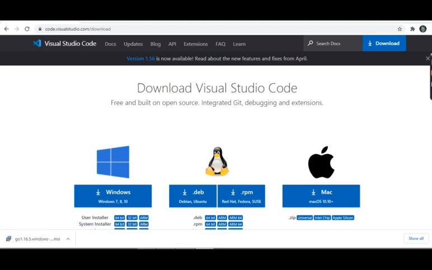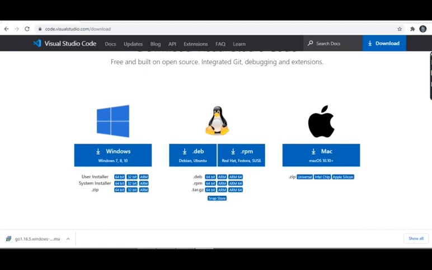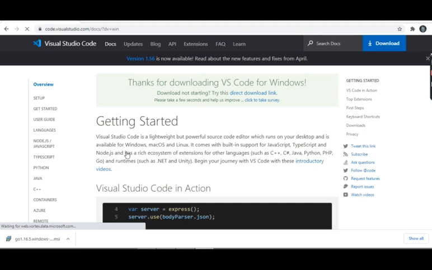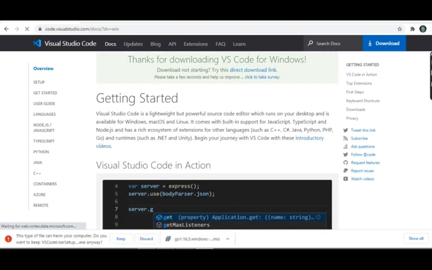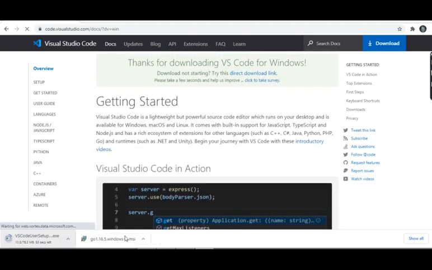If you're using a Mac or Apple device, you need to click this. If you're using Windows, you need to click this. I'm using Windows, so for that purpose, I'm going to click this. Even this is going to be downloaded.